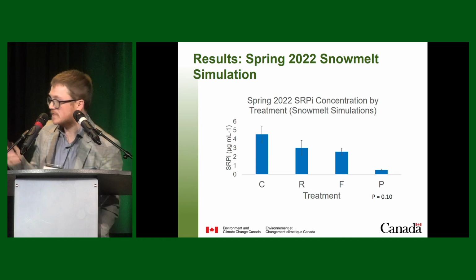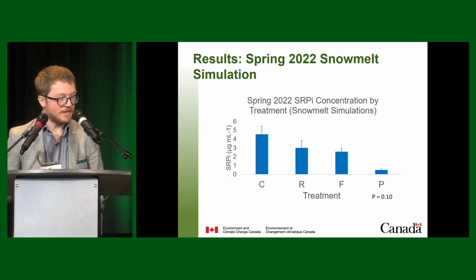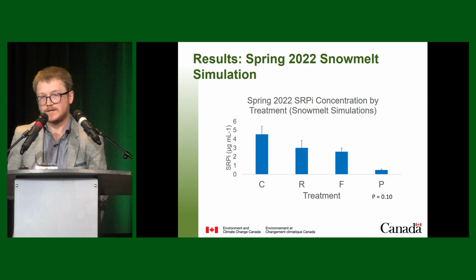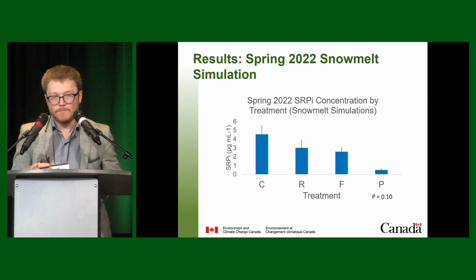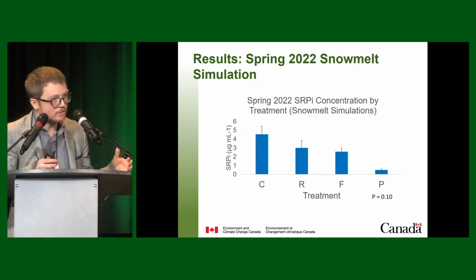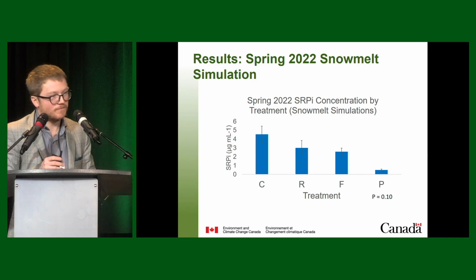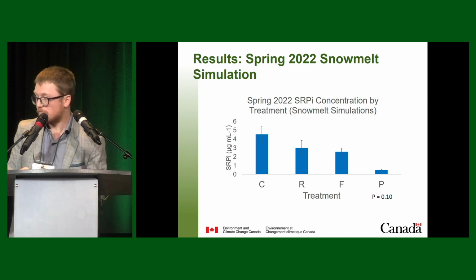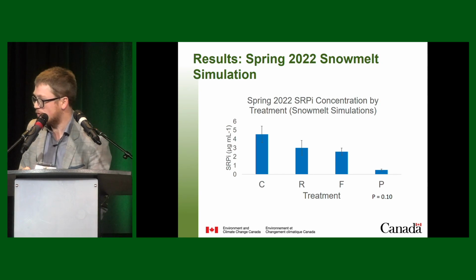One thing to note with this forage polycropping treatment, it is a very low concentration, but I think this is a little bit of an artifact of the sampling method, where much of the residue is excluded from the slab that's collected from the field. And so this is likely a function of reduced fertilizer application rates from this treatment.